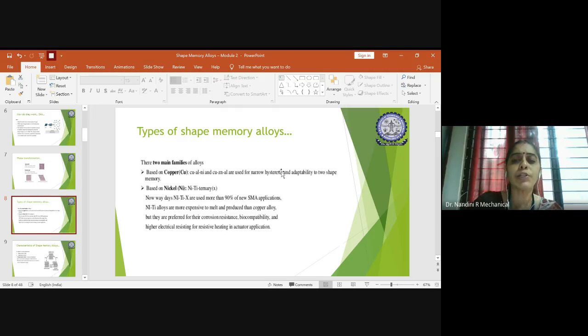And this hysteresis loop will show you the adaptability to store the memory in it. How was the structure at heating and how was the structure at cooling? So both these materials showed a good hysteresis loop of narrow structure with the capability of having the memory capacity to come back when it is cooled. So this is one of the classifications, and the other